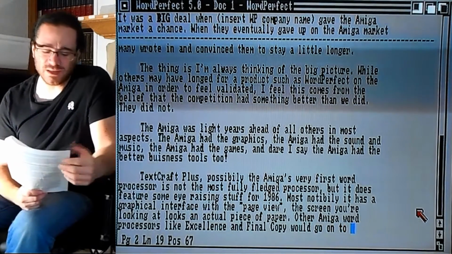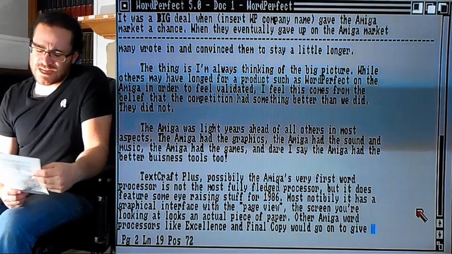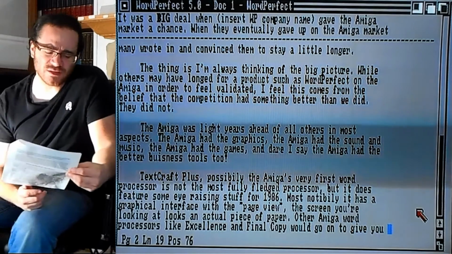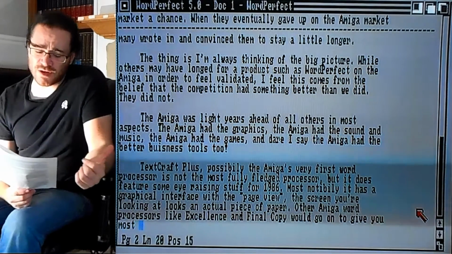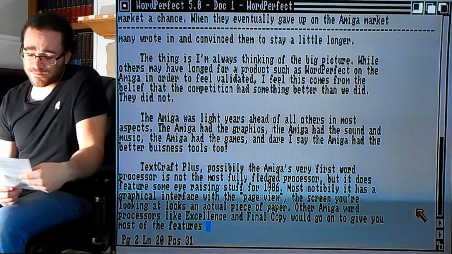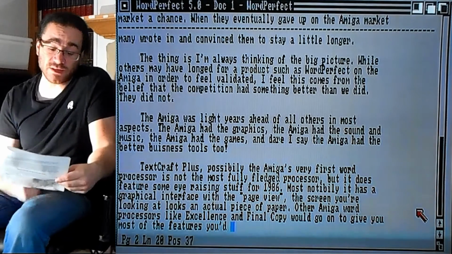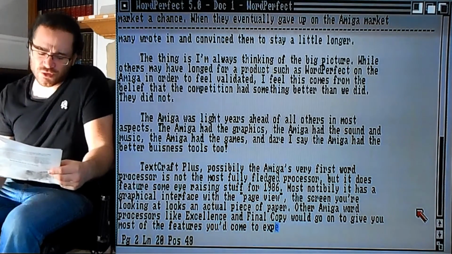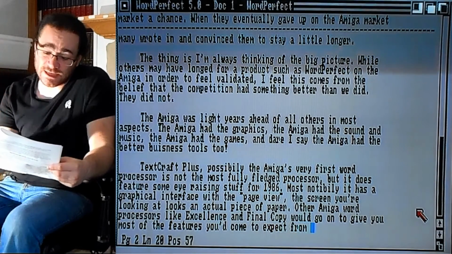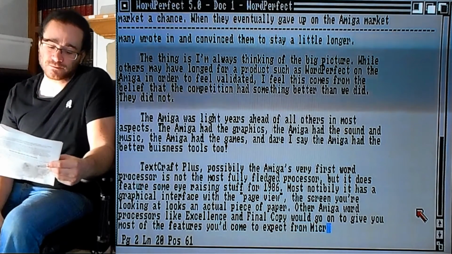TextCraft Plus, possibly the Amiga's very first word processor, is not the most fully fledged processor, but it does feature some eye-raising stuff for 1986. Most notably, it had a graphical interface with the page view. The screen you're looking at looks like an actual piece of paper.